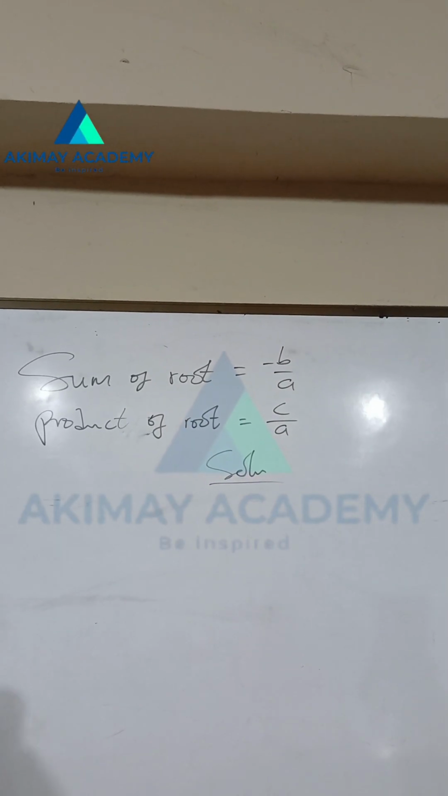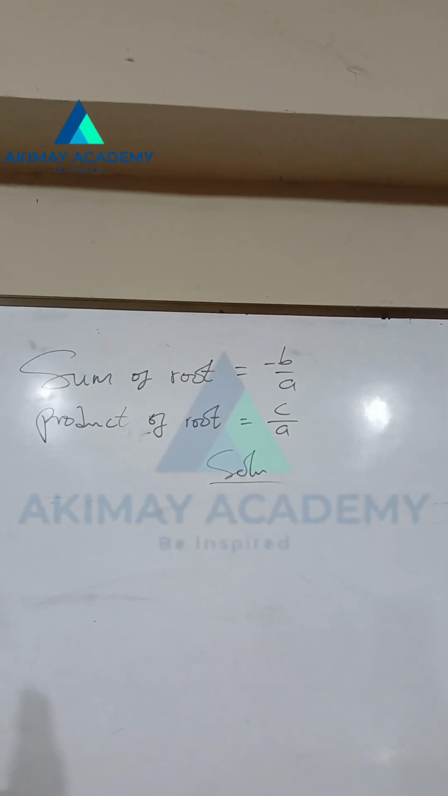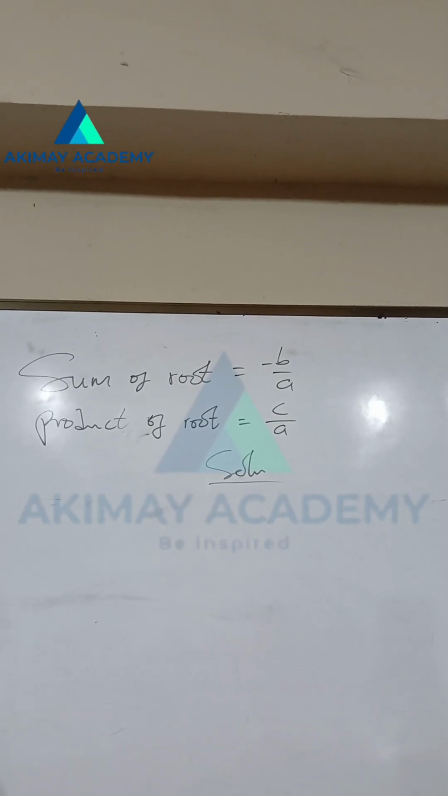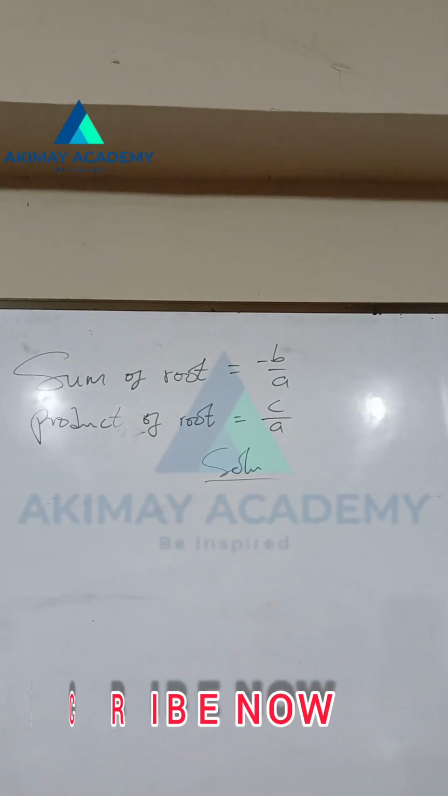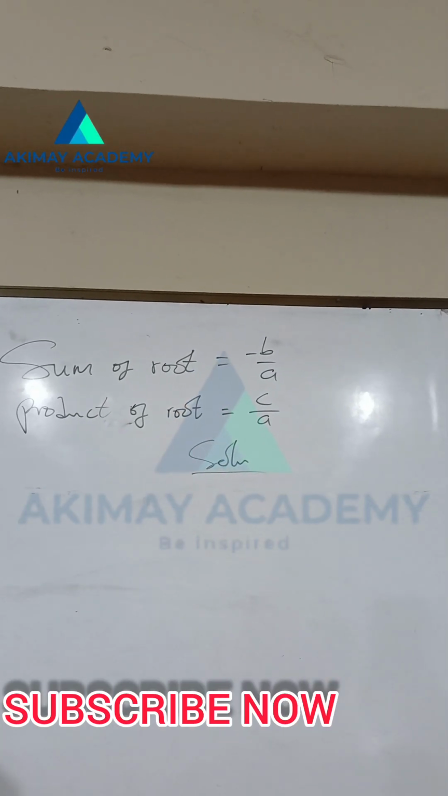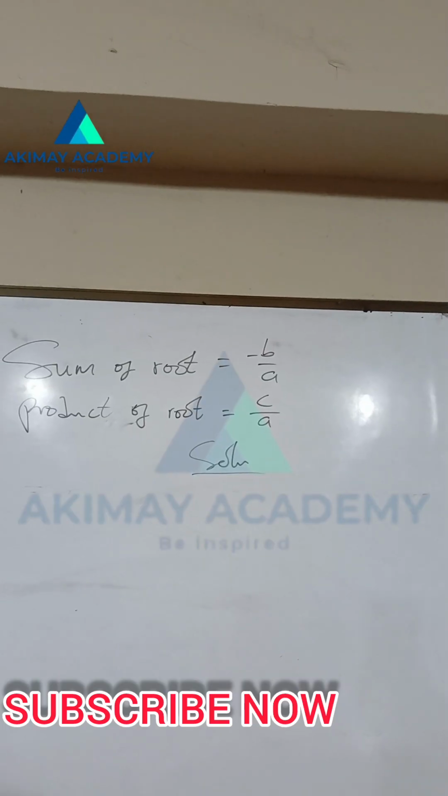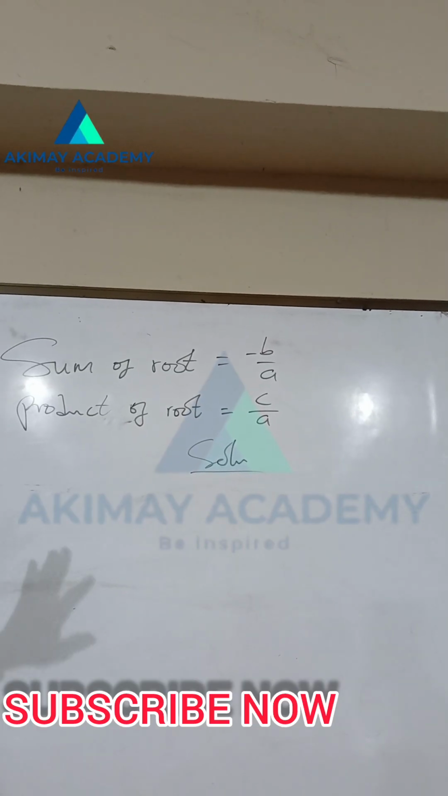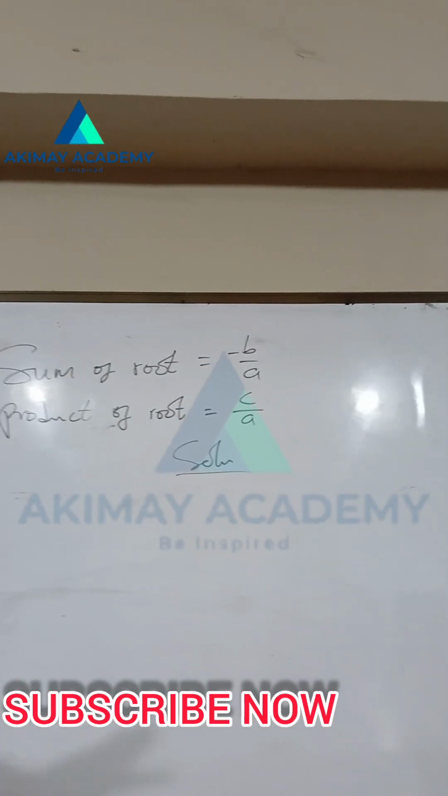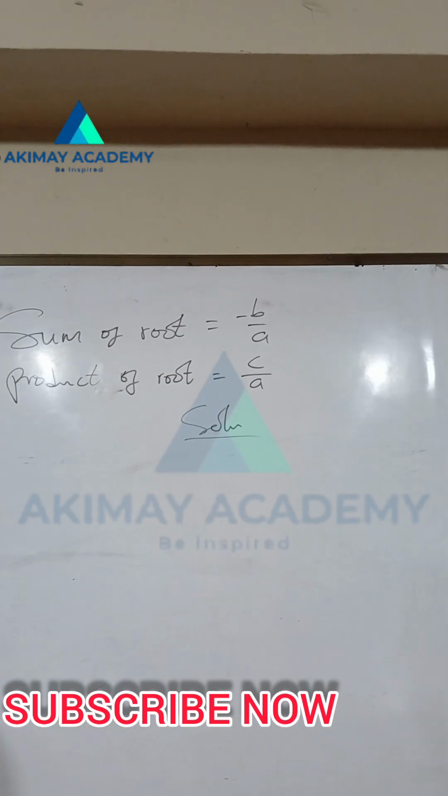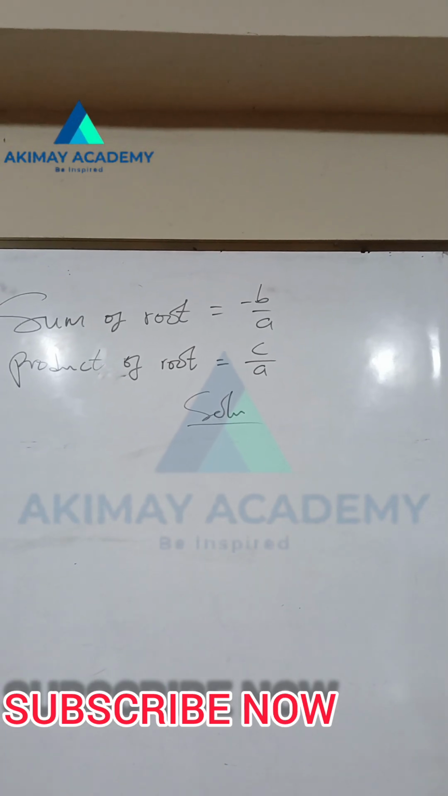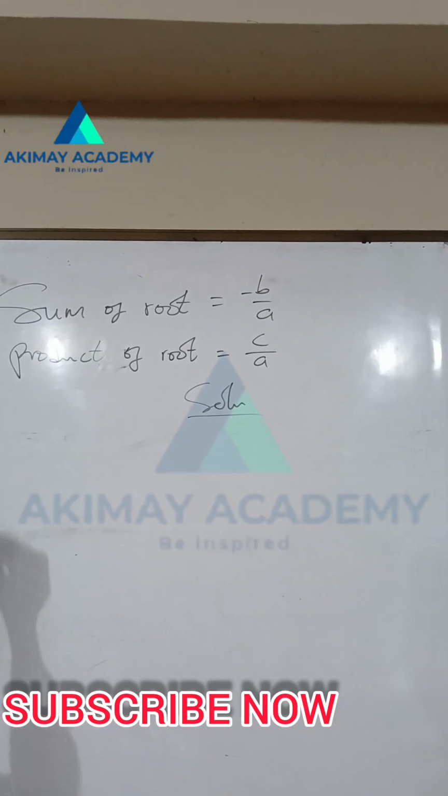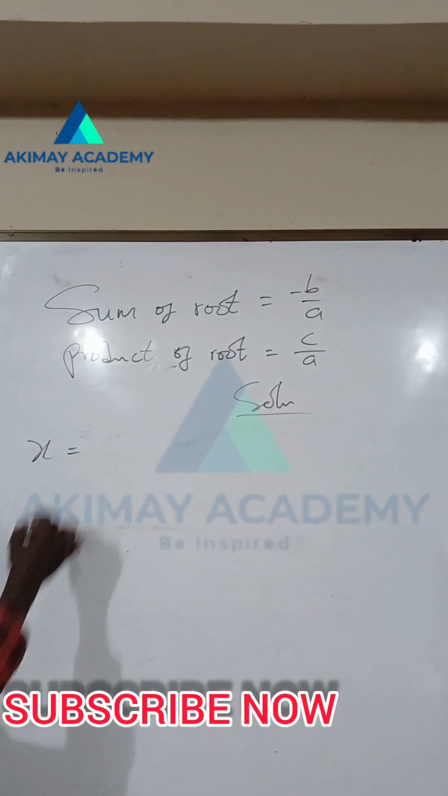The sum of roots is equal to negative b out of a, and the product of roots is equal to c out of a. Why is the sum of roots equal to negative b out of a, and the product equal to c out of a? Okay, so from our quadratic formula, we know that x equals